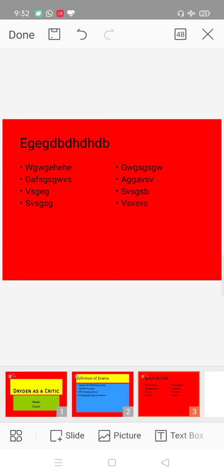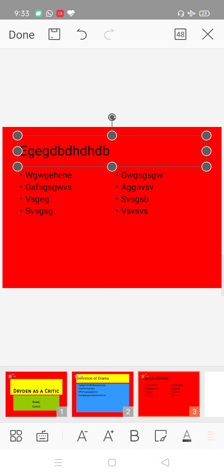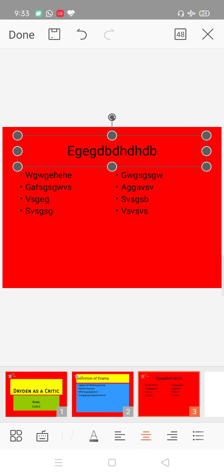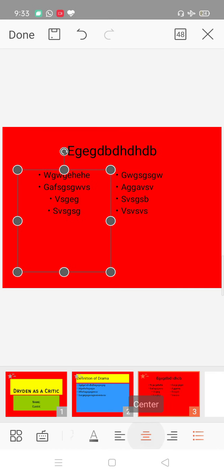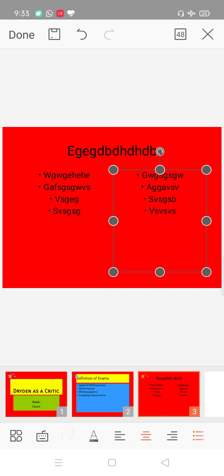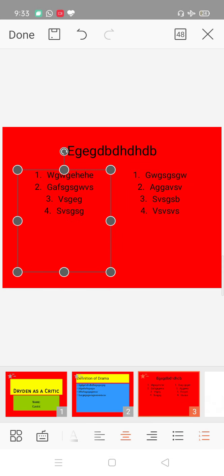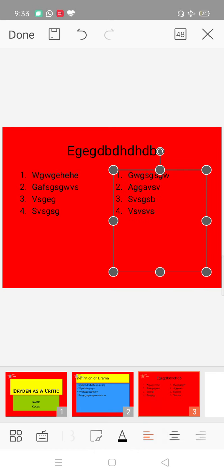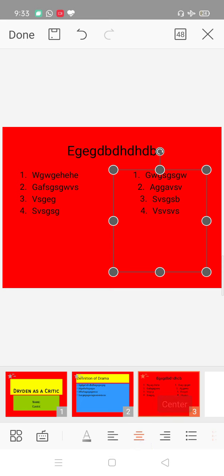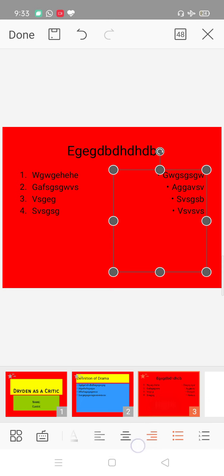So friends, this is done, right? You can make your PPT on your mobile, right? You can do these things like central, yes, take it, keep it in the center, keep this in the center. Okay, these options are available. Or if you want to give 1 2 3 4, you can give 1 2 3 4 from here. Okay, left alignment, central alignment, right alignment. Okay, these all options are given here.